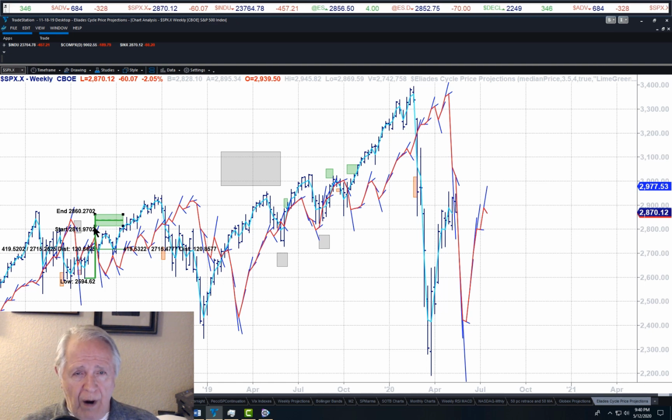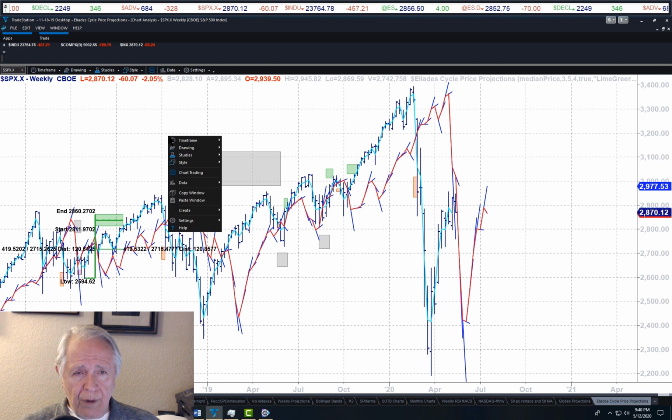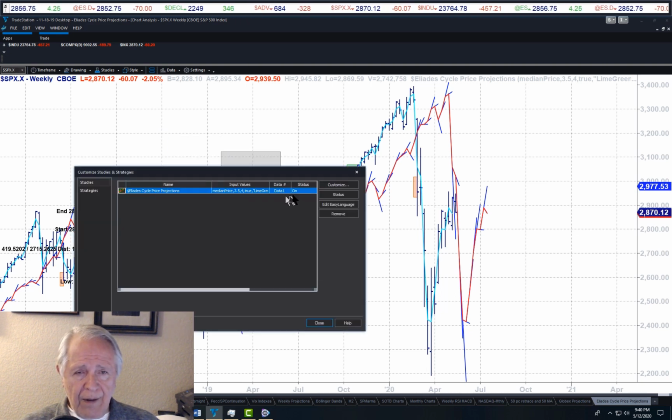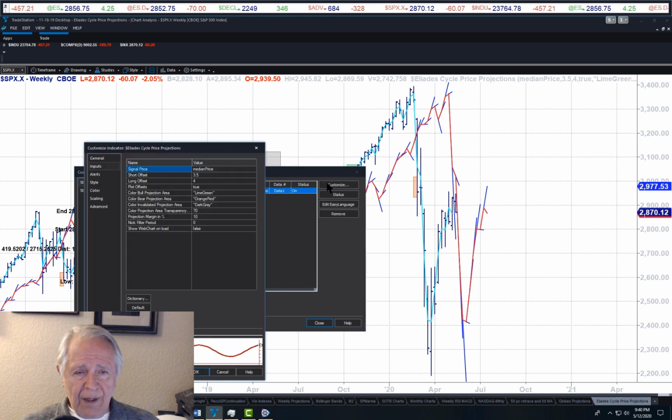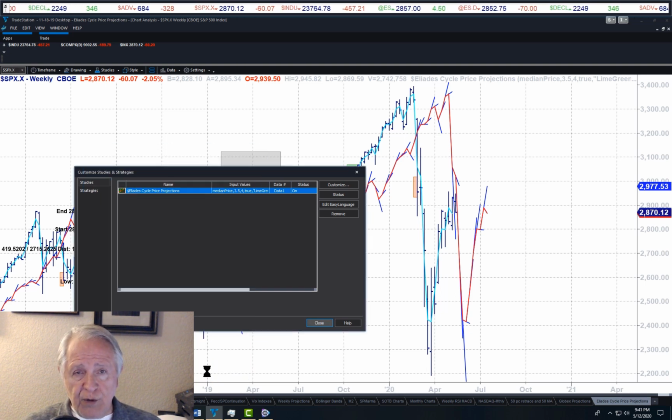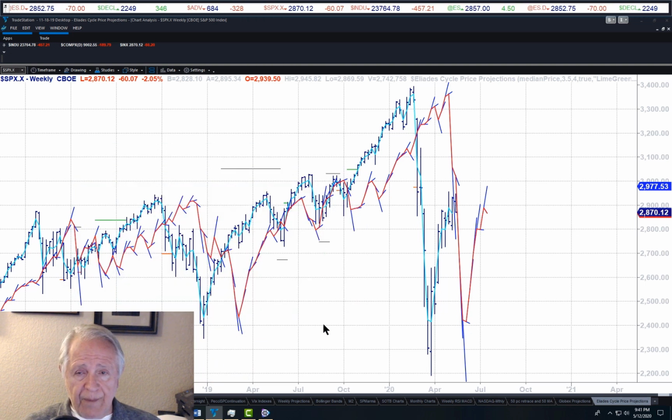So for the most part, when you go to Studies, Edit Studies, Customize, projection margin in percent, that's usually going to be 0 because we already have our flexible margins by using two different offsets, okay? All right,